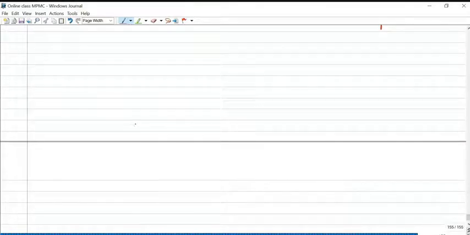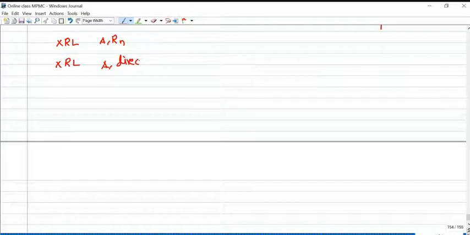And similarly, the XOR operation, XRL. XRL A comma Rn. XRL A comma direct, where direct represents the address of the internal RAM. XRL A comma @Ri, indirect address.